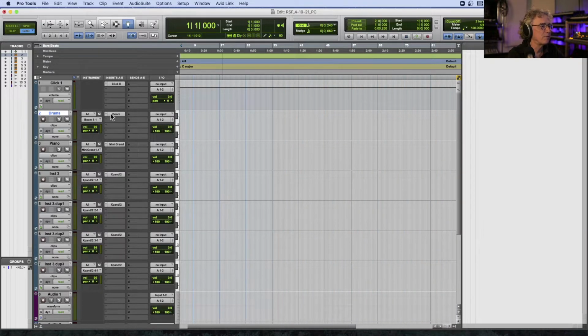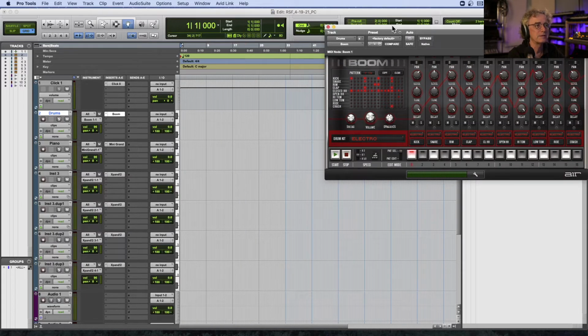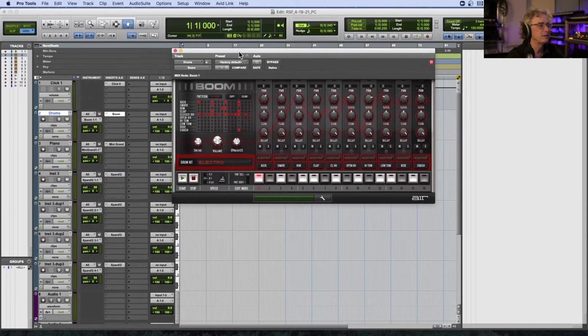So I'm not sure if I went over Boom with you guys, but Boom is Avid's or Air Music technology, but Avid uses it. It's their like beatbox, right? So there's a bunch of ways to program this. I'm going to do it actually on a track. But one thing you can do with this is you can go right here and you can select a different kit. So if I record enable this,